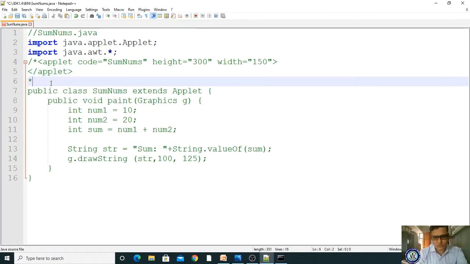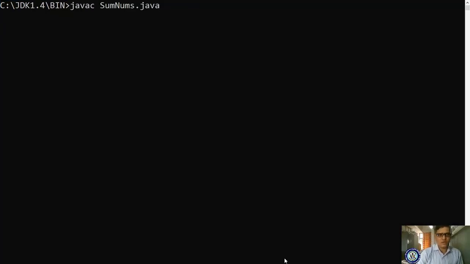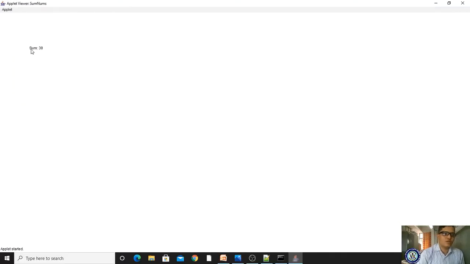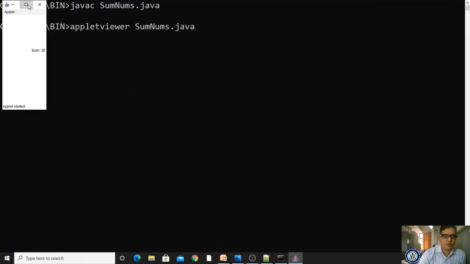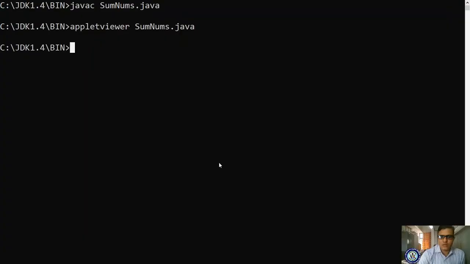Now save it, compile it from your command prompt, no error, and run it. So now it is displaying. Got it? You are directly displaying the sum 30. Your height and width are also specified, and it is displaying according to the height and width. In the minimal form it is displaying that height and width. When you maximize, it will come to the full screen.